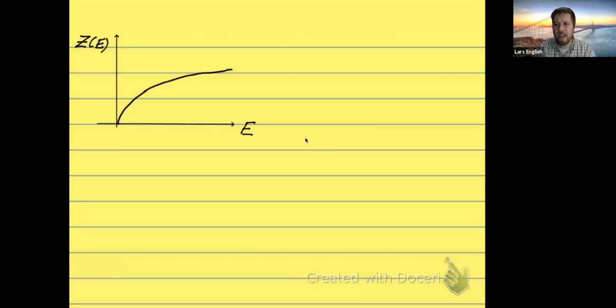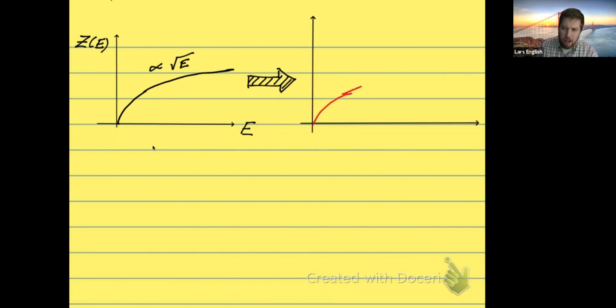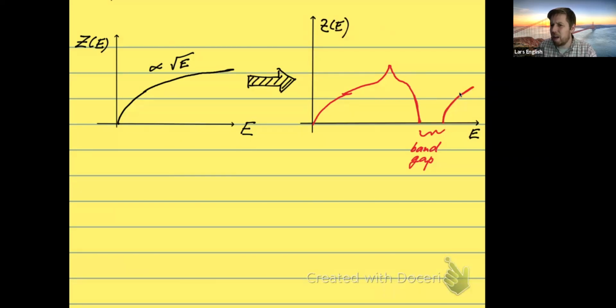And so if we look at that Z of E, the density of states, now I'm actually flipping the graph around like it probably should have been in the first place. Z of E versus E on the horizontal axis. Well, this is the free electron result. It was just proportional to the square root of E. Well, if I have Bloch electrons, then I get something more like this. Where we have a band gap, and this Z of E drops to 0 in the band gap. And then here's the start of the second band. So this is the first band here. We get a little spike here because